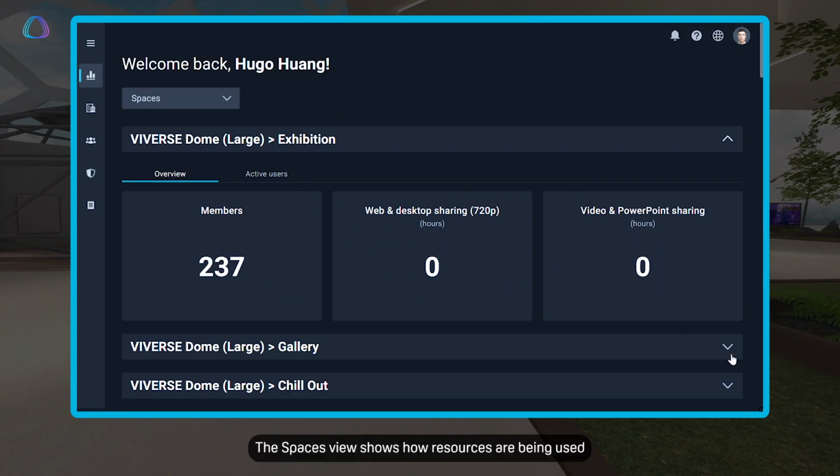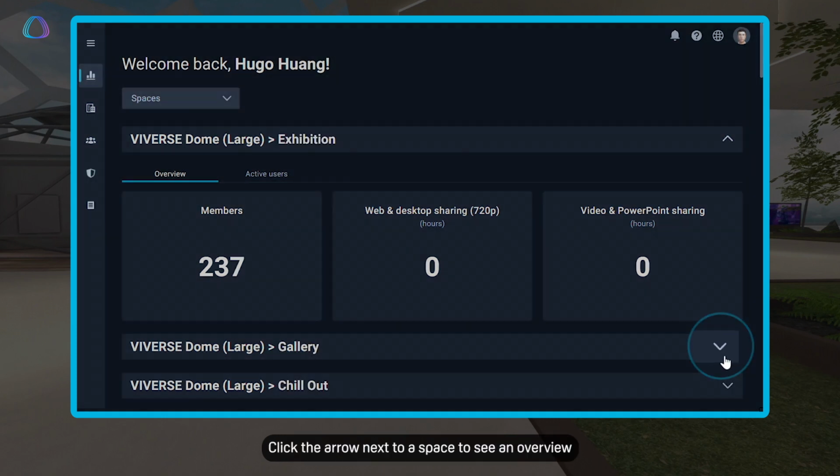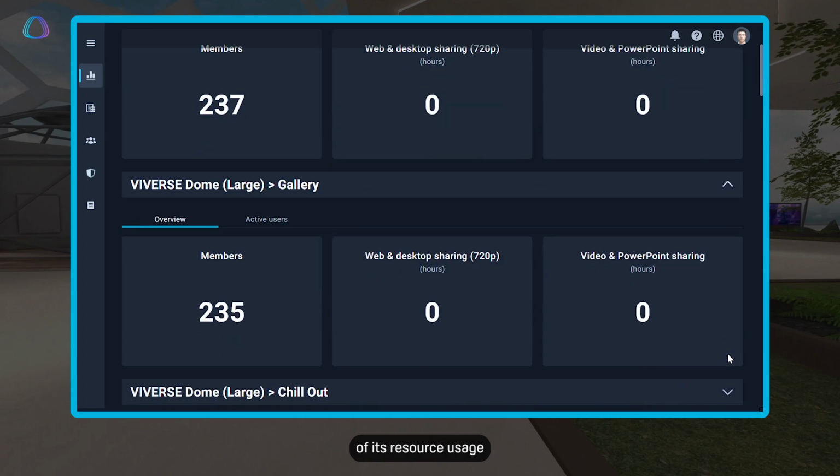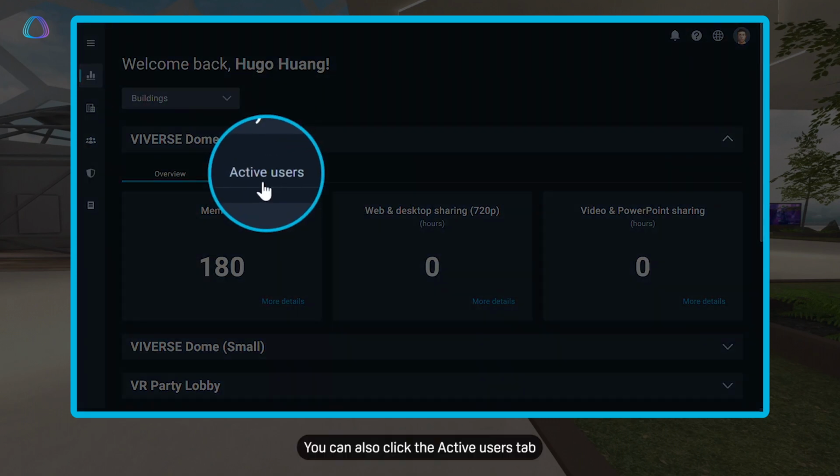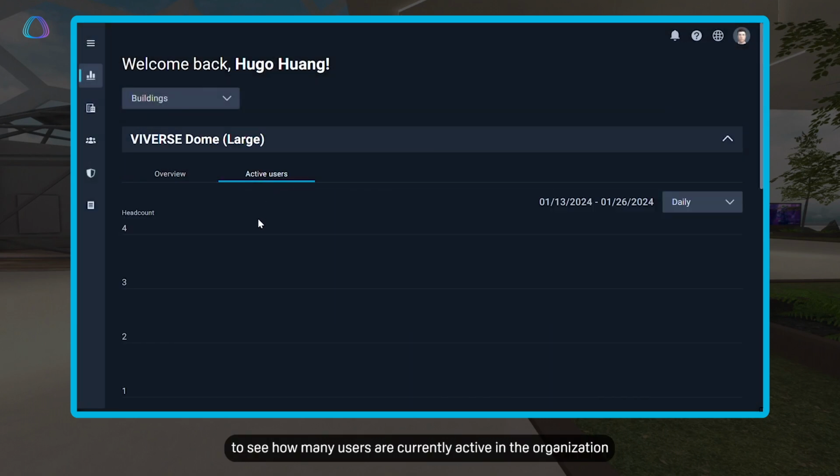The Spaces view shows how resources are being used by each space in a particular building. Click the arrow next to a space to see an overview of its resource usage. You can also click the Active Users tab to see how many users are currently active in the organization, building,